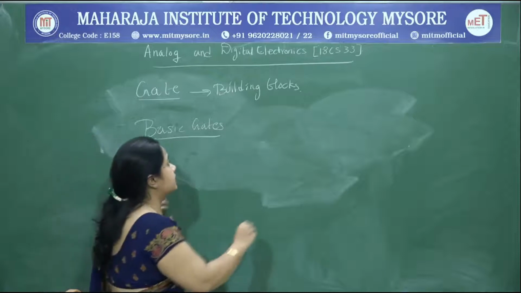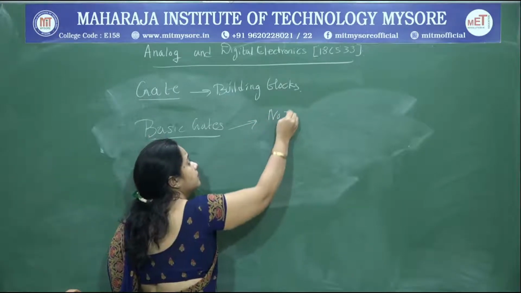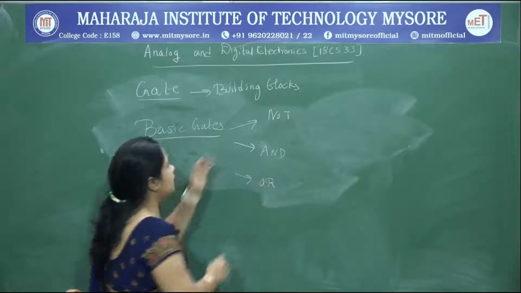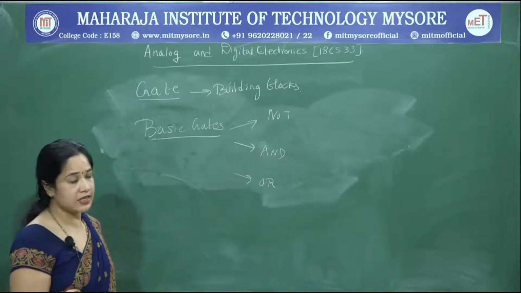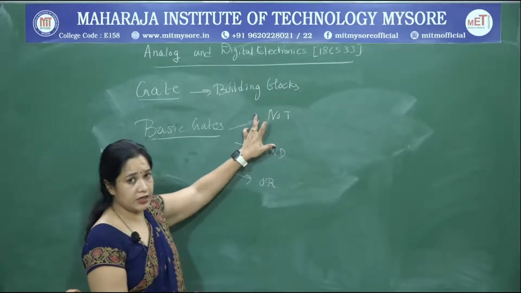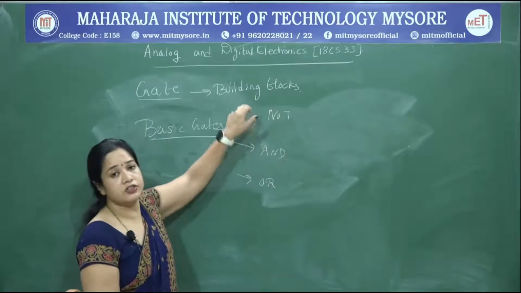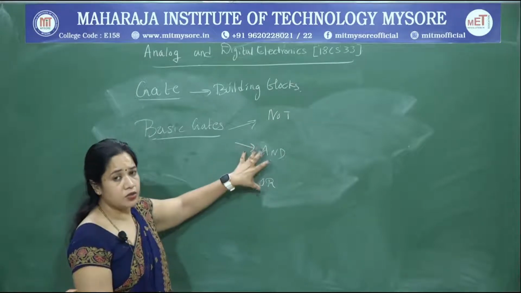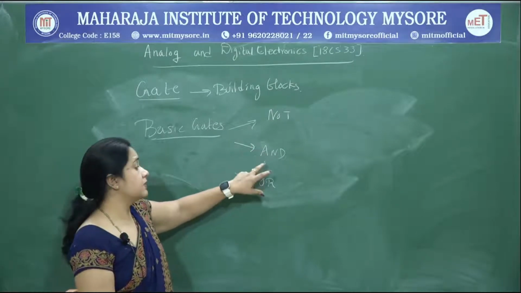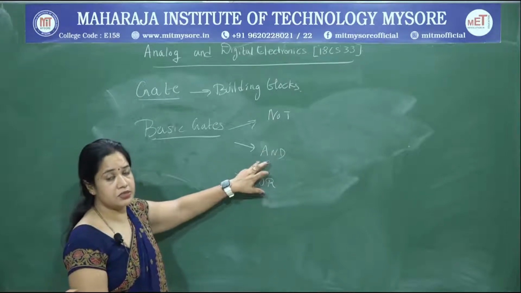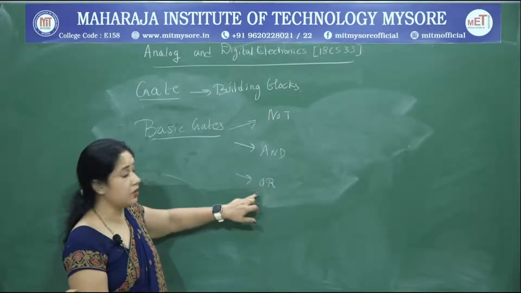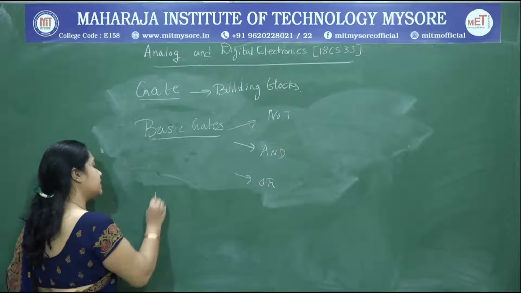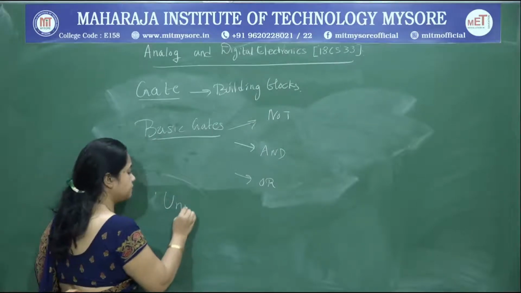Coming to the basic gates, these are very basic. We have a NOT gate, an AND gate and an OR gate. These three gates are termed basic gates. We will take each one of them. We will see what a NOT gate is, how it is represented, what the truth table is which represents a NOT gate, and how a NOT gate functions. Similarly, what AND and OR gates are, how they are symbolically represented, and what the simple two input ICs are which represent a two input AND gate and a two input OR gate. All these things we will discuss in detail. And apart from this, we do have universal gates.